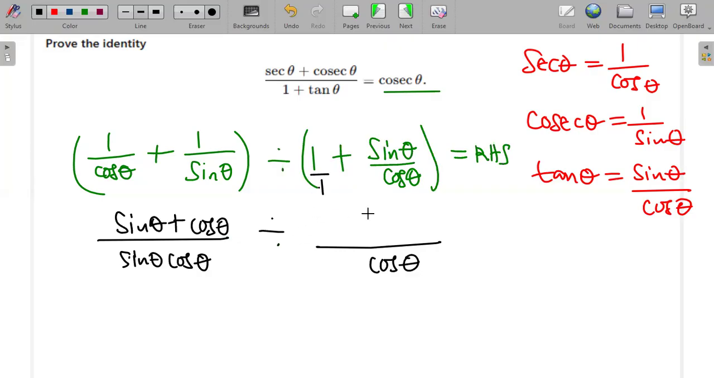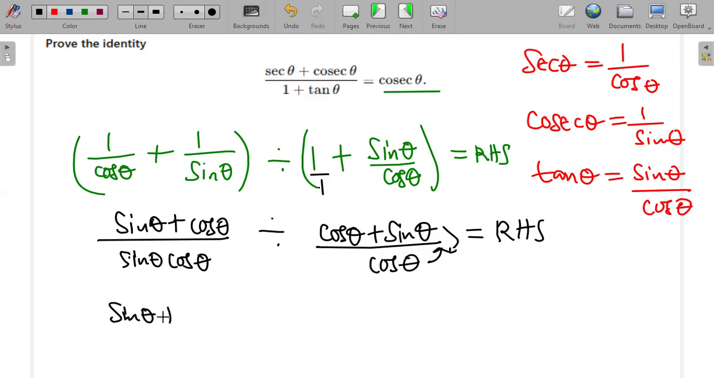1 into this, cos square theta, cos theta multiplied by the 1, I get cos theta, plus the cos theta into cos theta, that is 1, multiplied by sine theta, I just get sine theta. Okay, this should be equals to the right-hand side. So meaning that here I can change this sign and then I'll change the positions of whatever is here. So this will go up, this one will come down. So it will be sine theta plus cos theta divided by sine theta cos theta multiplied by,